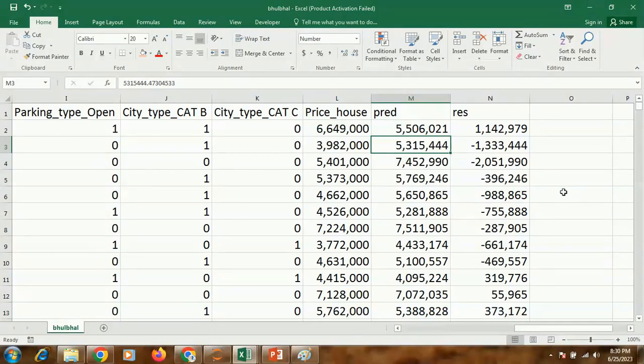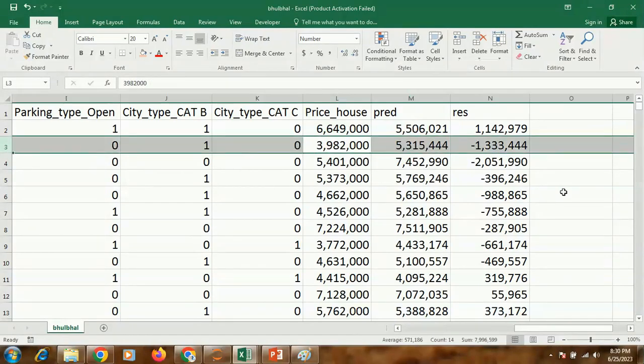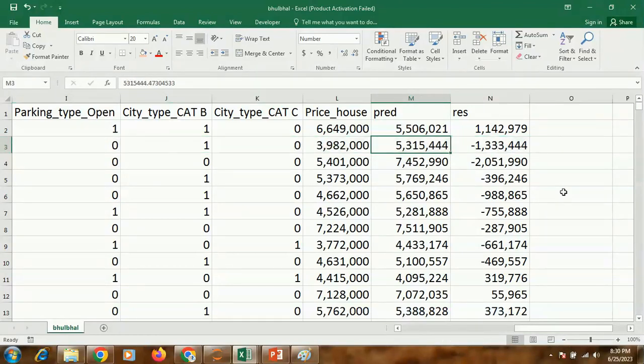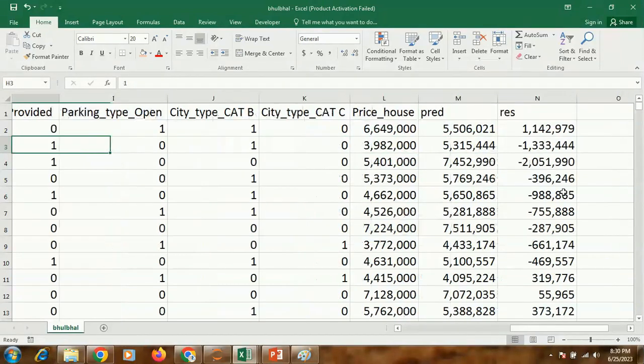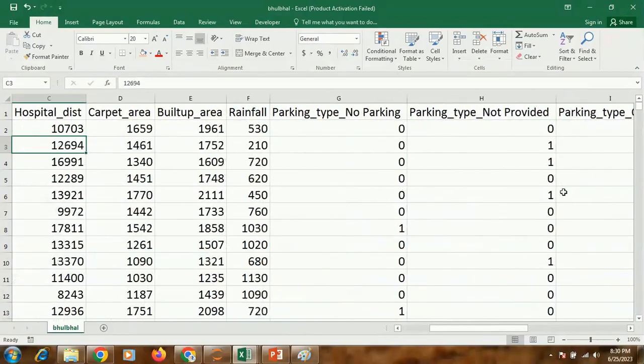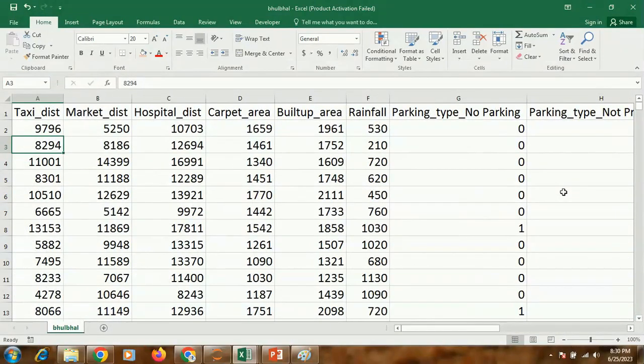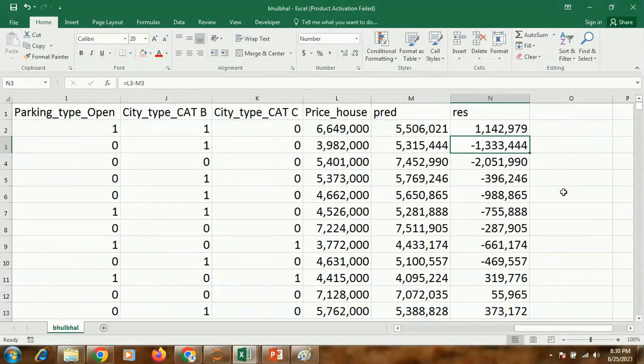But when my model is predicting it to be 53 lakhs for this one, there must be some reason. After checking all the data, all the facilities which are actually impacting your prices, after that only my model is predicting. Is it not?